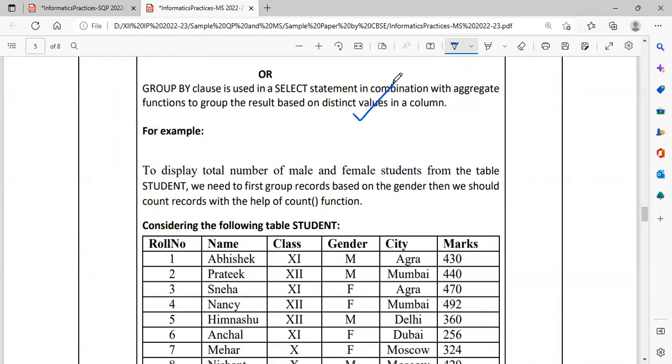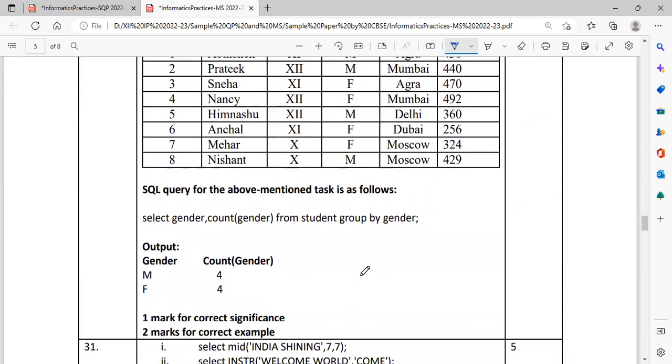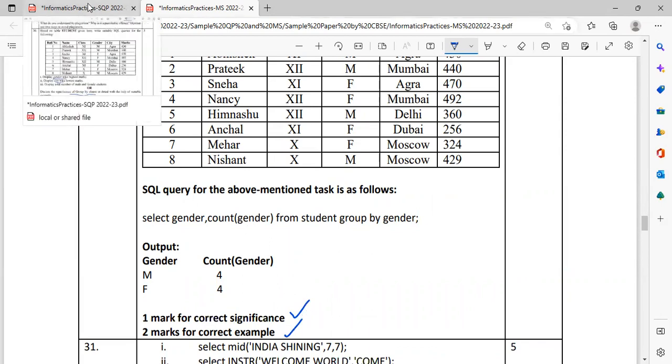It will work with the aggregate function, and to give that condition, you have to go with the having clause. Everything you can write and draw a table, explain, give one query and what is its output. So 1 mark for correct significance and 2 marks for the correct example. So it should be detailed